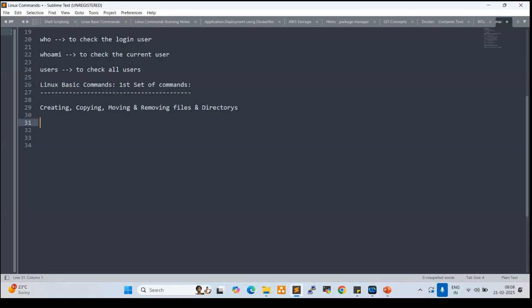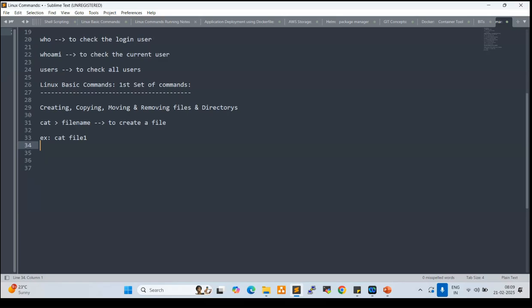So if you want to create any file, cat space greater than space file name, to create a file. For example, cat space greater than space file1. Once I execute this command, it will ask you to add the content in the file.